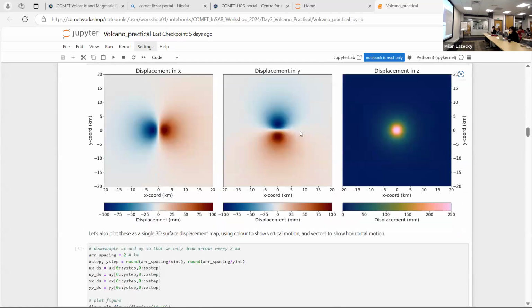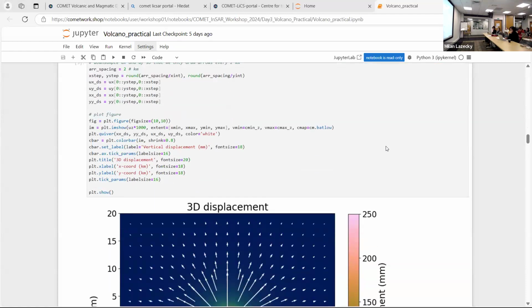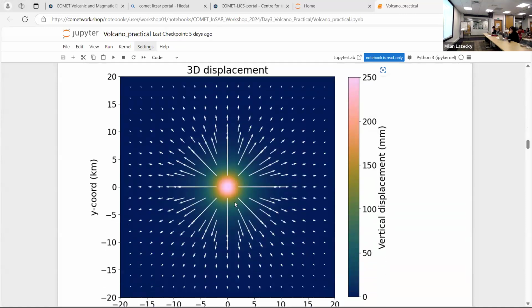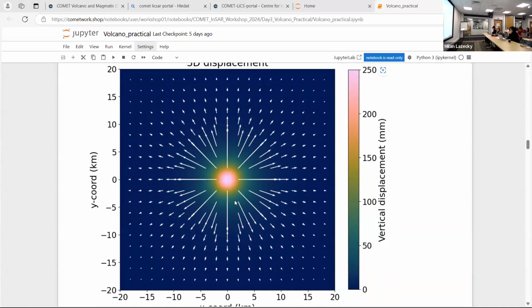Cool. So we're now going to move on to, we've plotted our displacements in the different direction fields, and we're now going to see how the influence of the line of sight of the satellite, which hopefully you've learnt about and you're all experts on after the last couple of days, may influence what the displacement looks like. So we've gone from having a radially symmetric source, and once we're looking at it from the side angle and from space, these things that are caused by something radially symmetric, so the same in all directions, suddenly don't look that way because of the angle that we're looking at it from, the satellite.